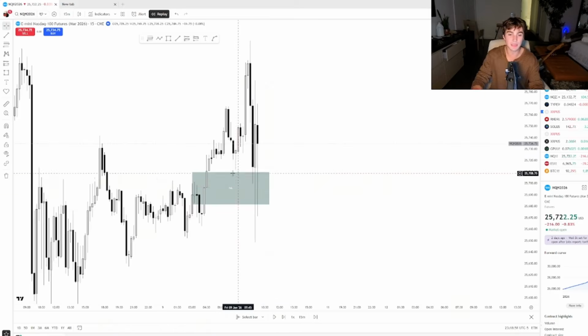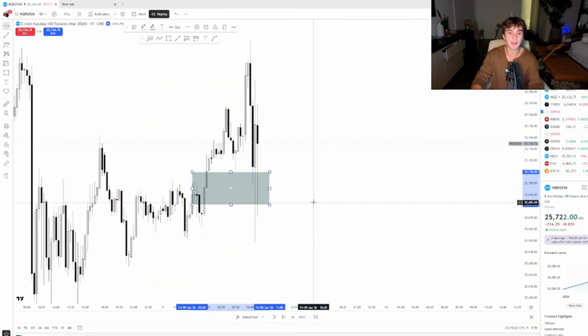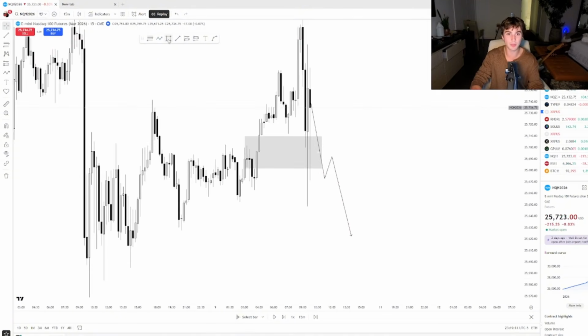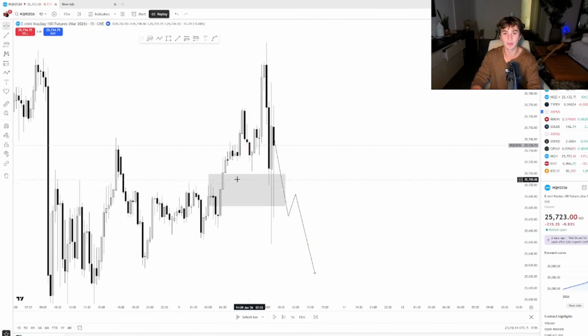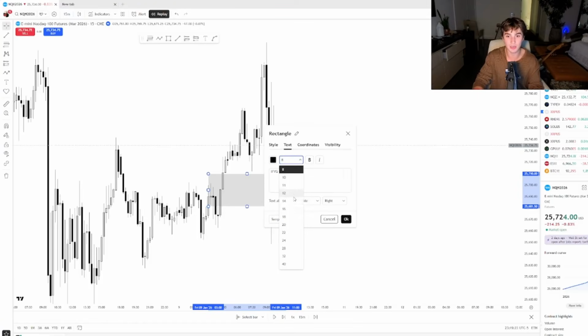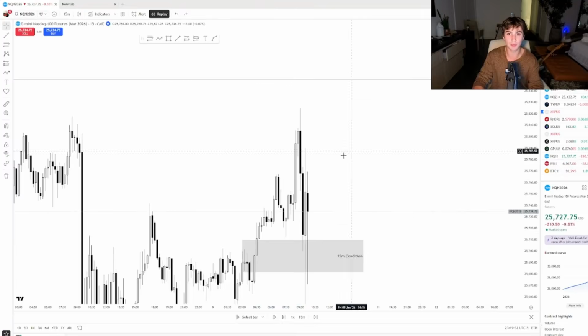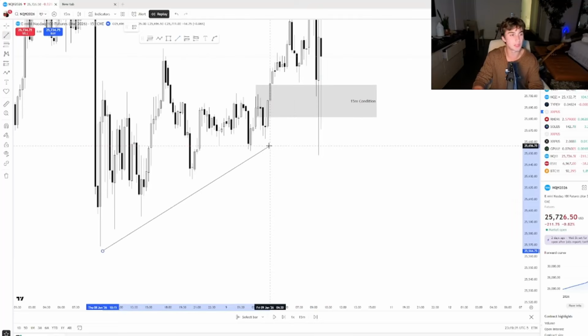And so what this tells me is that if price holds this level, then I will continue feeling confident in longs. But if for some reason price comes down and inverses this level, now I will look for shorts and my focus won't be above anymore, but it will be below towards this LR, right? So we have something separating two draws on liquidity. We do that by using 5 and 15-minute gaps. And so in this case, this is our condition. This is a 15-minute gap, which we will utilize to separate two potential ideas, whether or not we long up to up here or whether or not we short down to here and hit this LR.